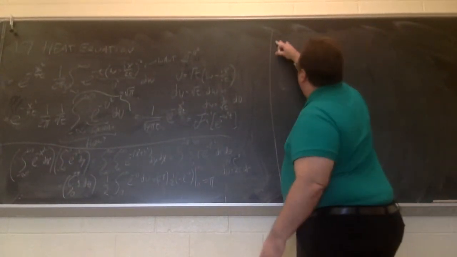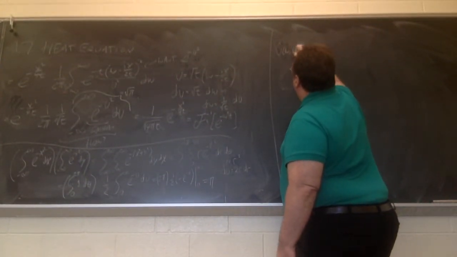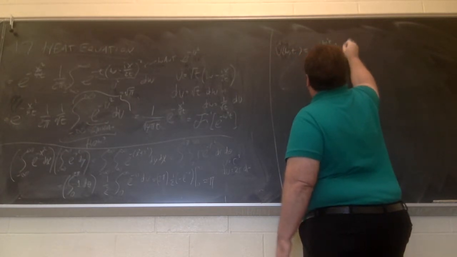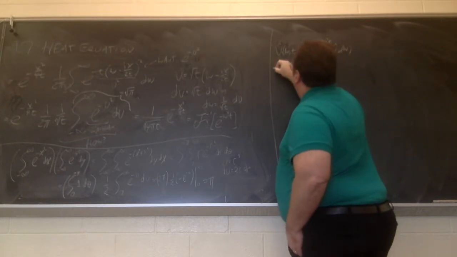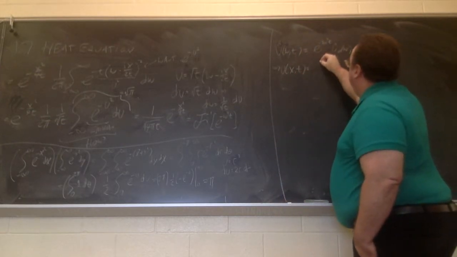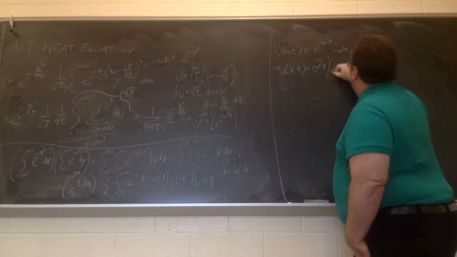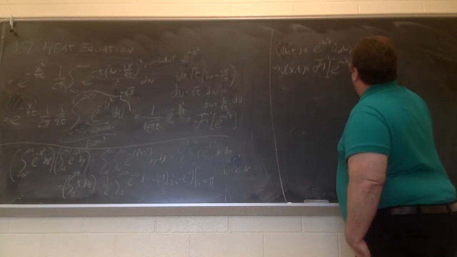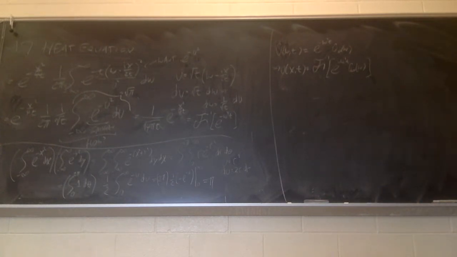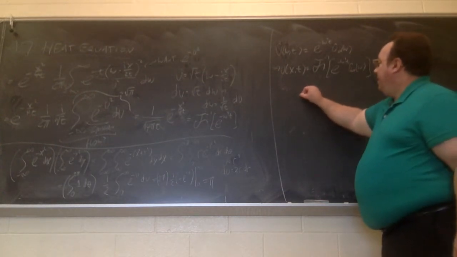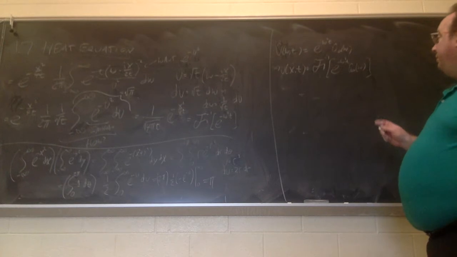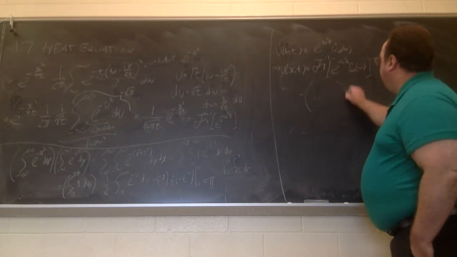What we had before was that the Fourier transform of a solution is e to the minus omega squared t u naught hat of omega. Therefore, u of x,t is the inverse transform of that. But that is going to be the convolution of the inverse transforms of these things individually. So it's going to be the convolution of,